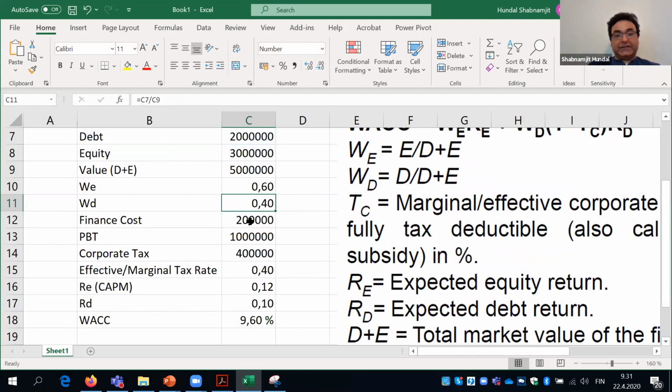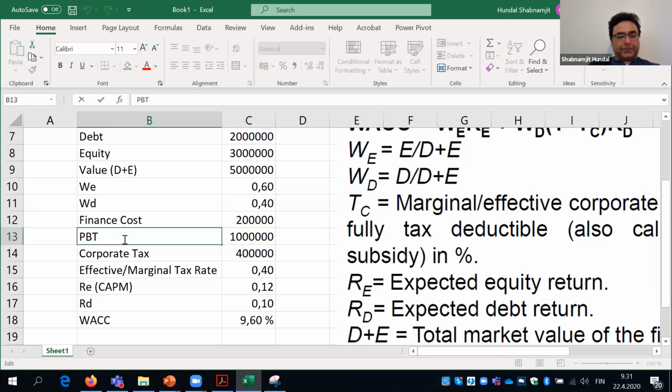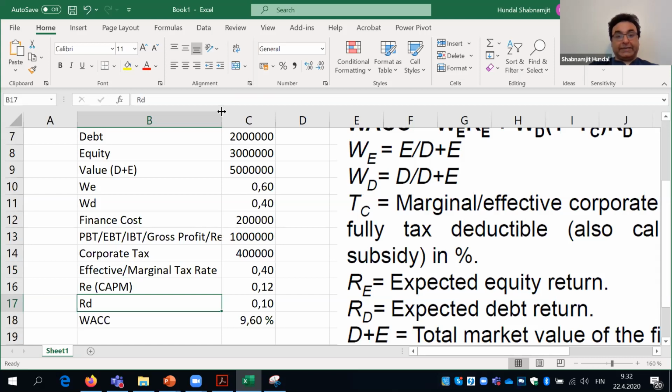The finance cost, you can see the actual number from your finance cost, and the profit before tax is basically your earnings before tax. I can also use synonyms. It is the income before tax, or sometimes we can even call it the gross profit, or any other expression. But as long as you understand the idea that it's the result before tax. Some companies even say result before tax, but there is no end to these phrases. That's not a problem. The most important thing is that you know what it is, okay?